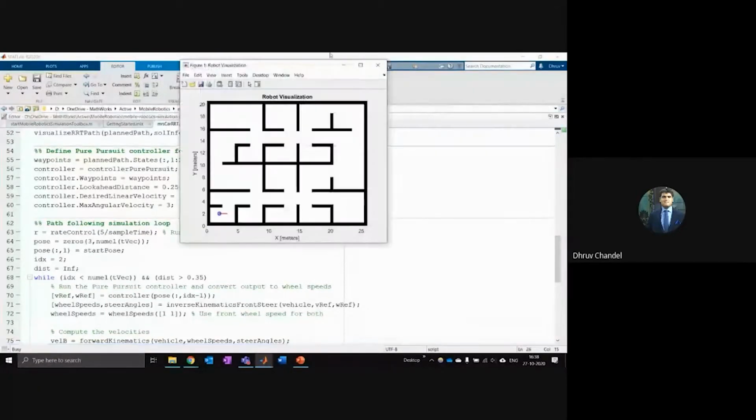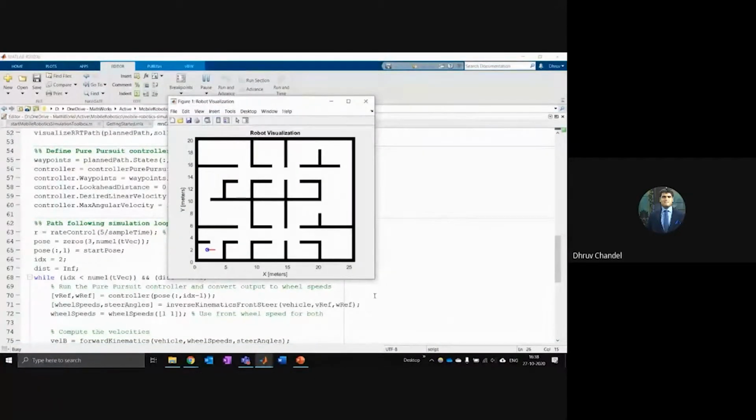So once it comes up on screen. So this is what my grid looks like. And you can see lots of little paths have been generated. And the robot is basically able to navigate along the feasible path that it's found all the way to the end.